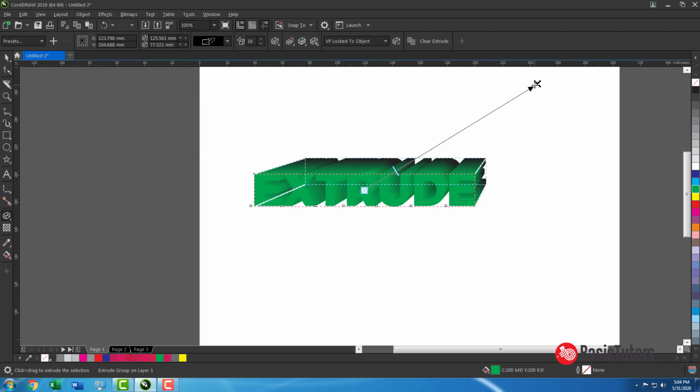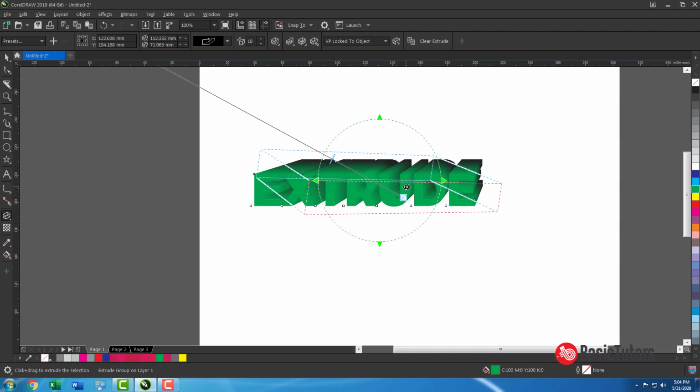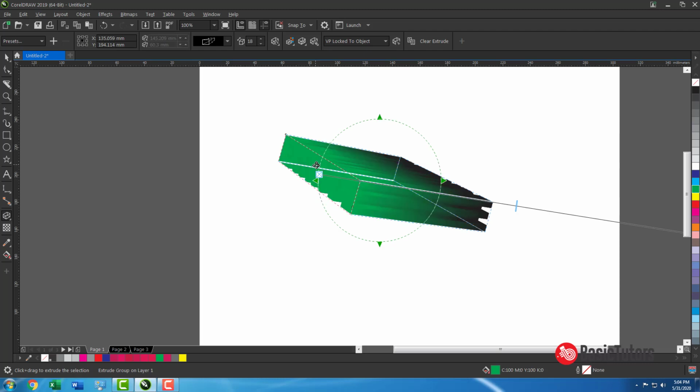Okay, fine. And then these are all for rotating and VP locked, vanishing point. All those things are vanishing point. This one is vanishing point. If you want to rotate the object, you need to double click over here. You can straight away rotate and get your desired direction.